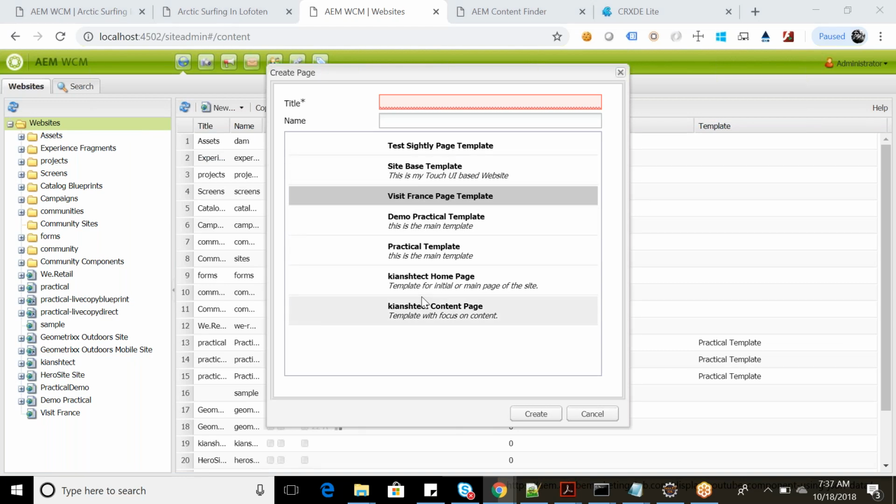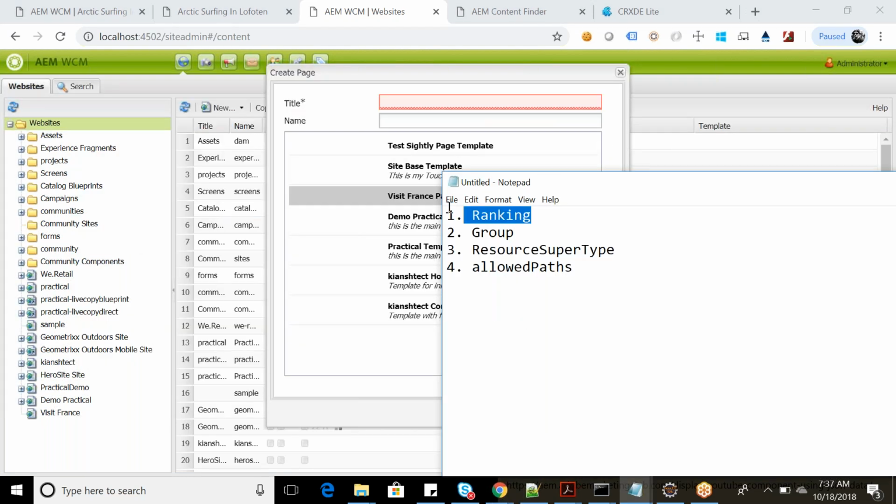Now I will be telling you these four things. What is ranking and what is allowed path? These are two important things. Okay, so ranking means,